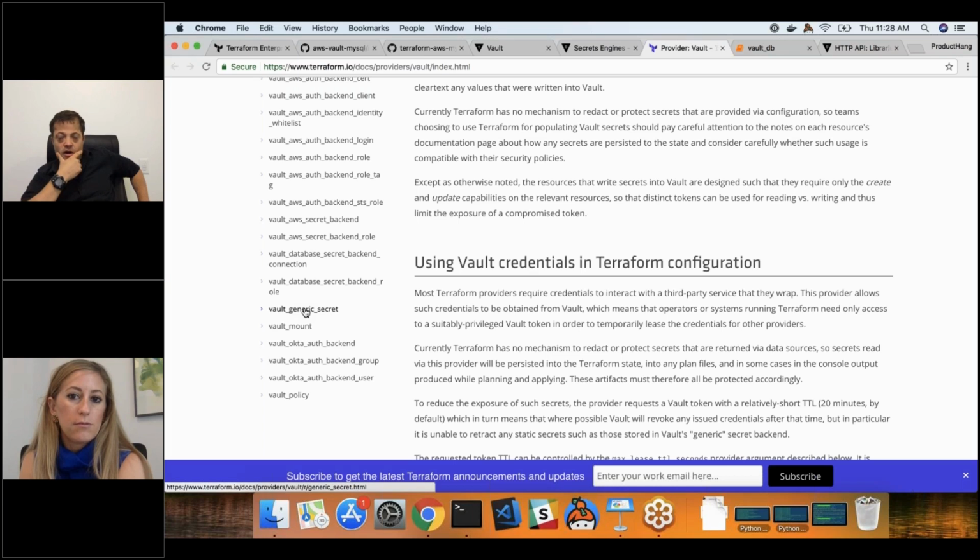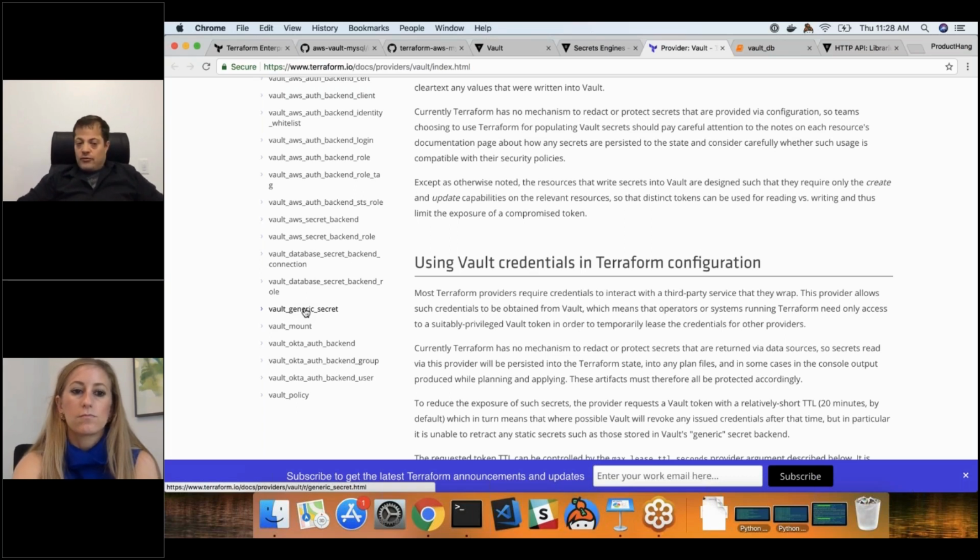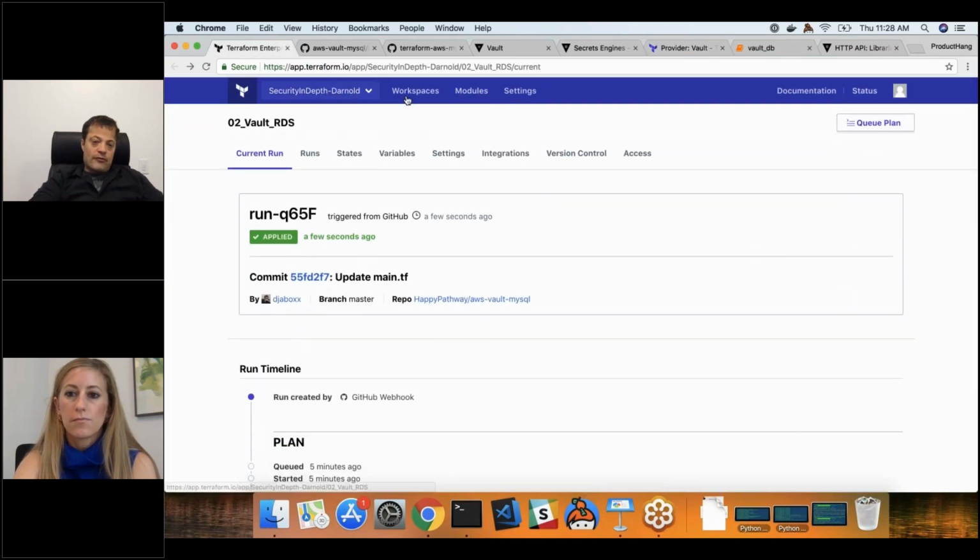Do you need me to repeat that? So you're not really mounting a volume to an instance. This is a little bit different. Mounting in the case of Vault is about configuring a new type of secrets engine, whether that's a static secrets engine or a dynamic secrets engine like what we've shown with MySQL. With AWS credentials, you can absolutely get your credentials for AWS through the Vault provider and pass that to your AWS provider. As a matter of fact, I have an example of that here